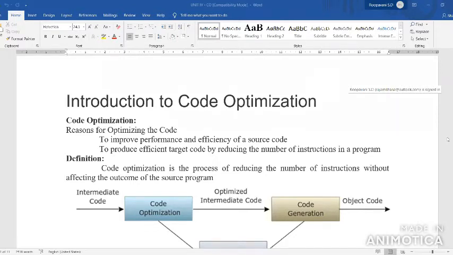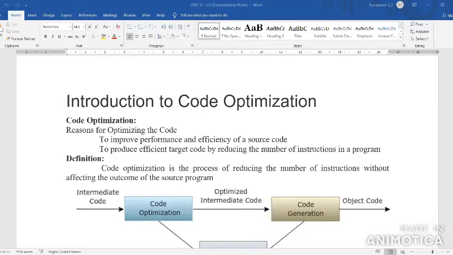The next one is the semantic analyzer, then intermediate code generation, code optimization, and code generation.